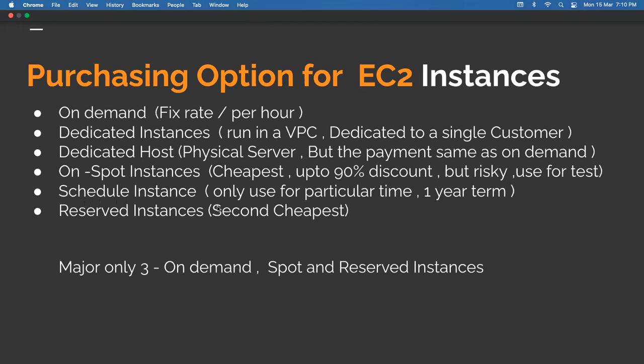Scheduled instance we can get cheaper, like a 70% discount, but we need to use it for approximately a 1 year term. Reserved instance is the second cheapest, and majorly we have only three types of EC2 instance for purchasing option: on demand, spot, and reserved.